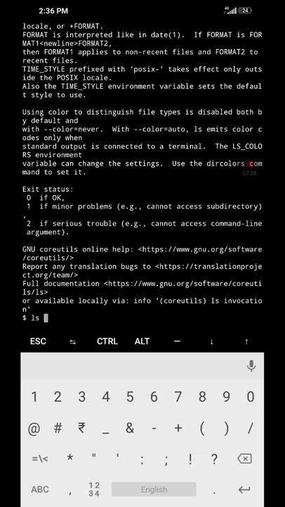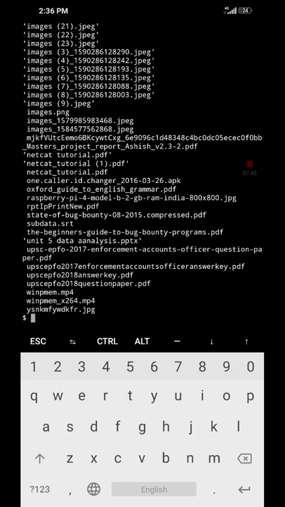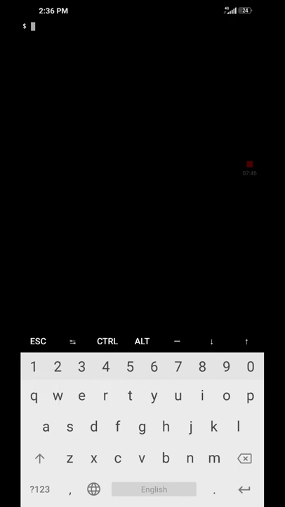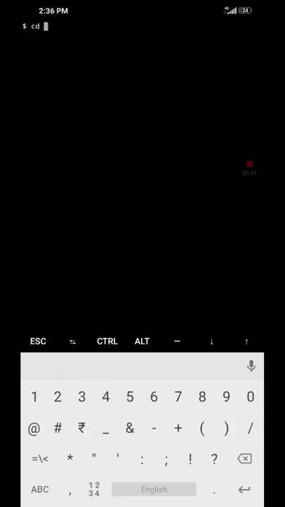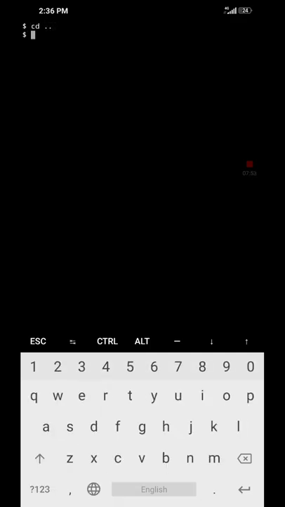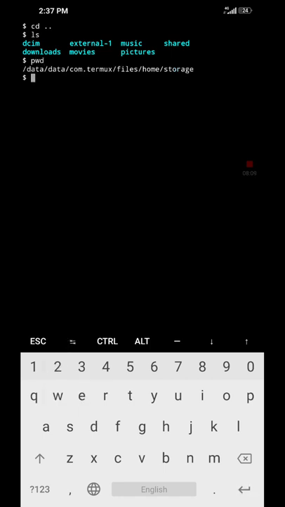I will tell you some. Suppose you type ls slash a, it will show you all the... let's clear. Suppose you want to move back in your directory. You just type cd space double dot and you are one step back in your directory. You can check it, we are outside of the directory download. Suppose you want to check where you are presently. For that you just type pwd, which stands for present working directory, and it will show you that you are in storage. So let's move to movies, cd movies,